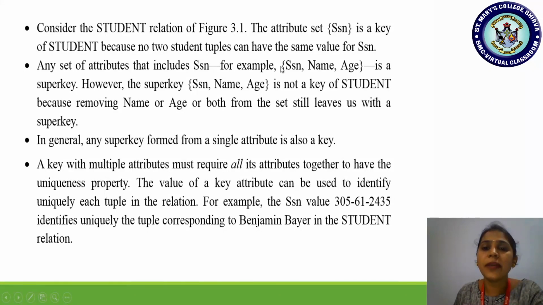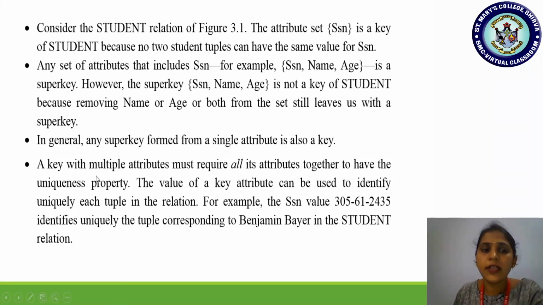So what do we mean by this? Just check out here, SSN, name, age. Here it is multiple attributes of a student, and here all the values of this particular set should be unique.